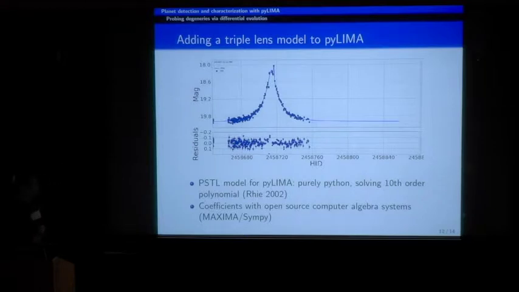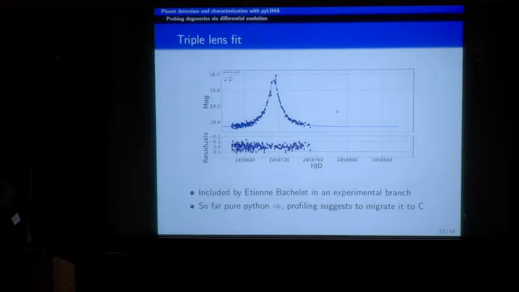We're solving the 10th order polynomial and the coefficients nicely summarized by Rhie in 2002. The idea was to go back, contrary to the suggestion of Rhie, and use computer algebra systems and figure out if they can optimize it so that the coefficients can be calculated in a very efficient way, with as little time overhead as needed. It turns out, in addition to the traditional Mathematica or the even older Maxima packages, we also tried SymPy, which turned out to be the best possibility so far for n-lens systems, at least for us. But I suppose Valerio also has a point on that, and he will talk about that later.